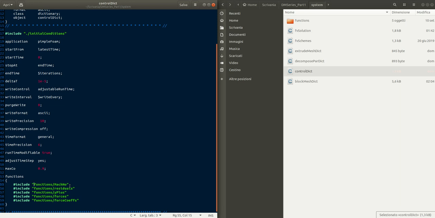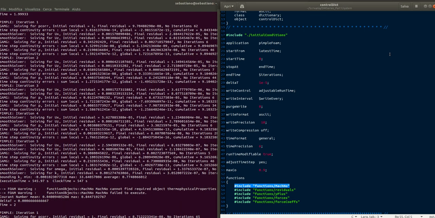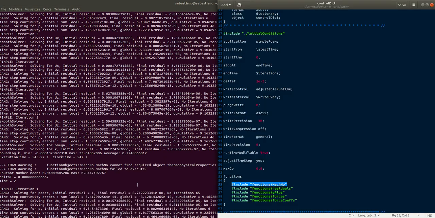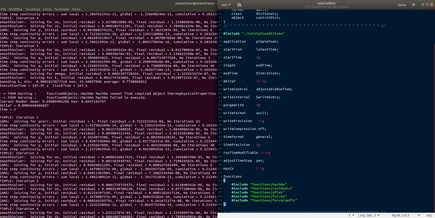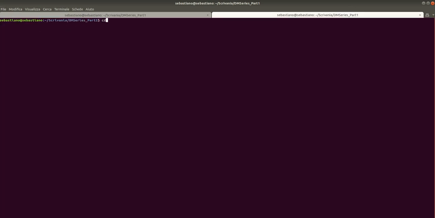which are for calculating. Oh, this one is not meaningful here. In fact, OpenFOAM should have given a warning. Yeah, here it is. It doesn't find anything of thermophysical properties because this is an incompressible simulation. So this is simply ignored by OpenFOAM. Then we have the residuals, the Y plus calculator, the forces and force coefficients for the airfoil. So let's have a look at the residuals. You can monitor the residuals of the simulation if you go